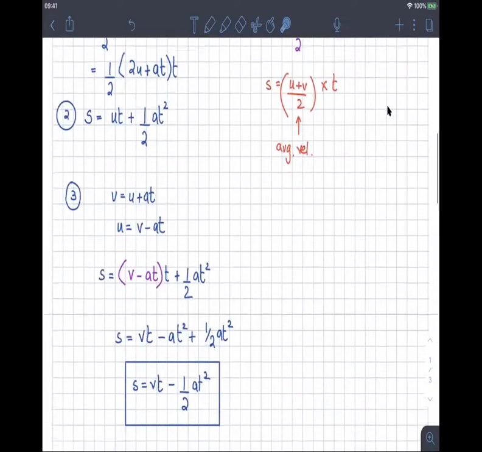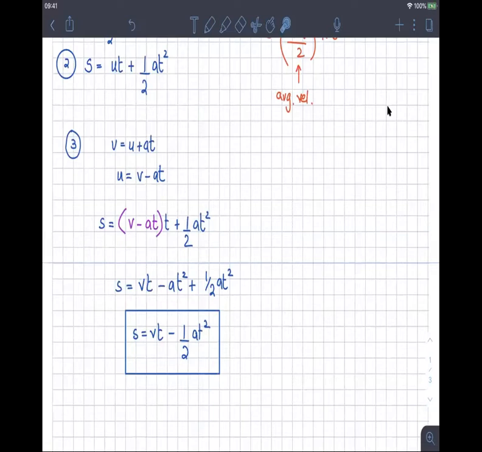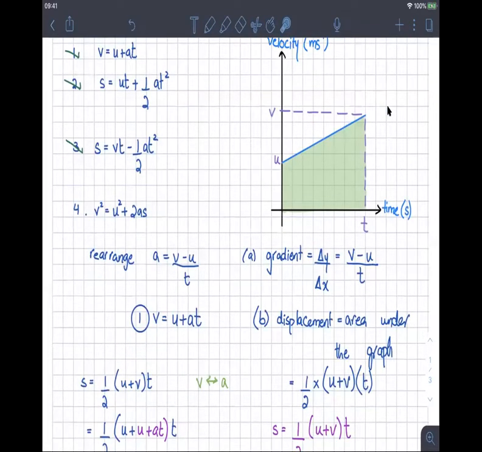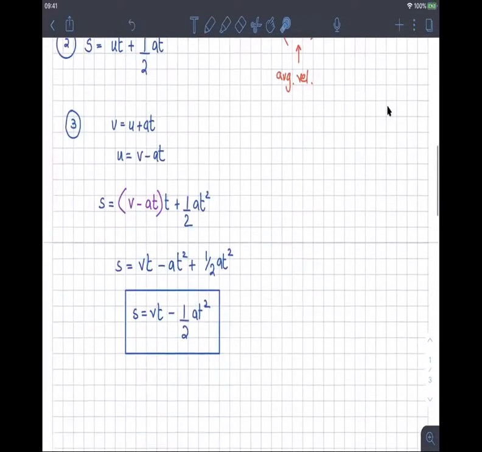So basically you see the way we use any of these equations is that we look at the quantities that are known and then pick one of these equations, 1, 2, 3, or 4, depending on which quantities are known and what the unknown quantity is. All of these equations have 4 quantities in them. So if you know any 3, then the 4th one can be easily found. But anyway, that's not the point of this lesson. So let's just continue